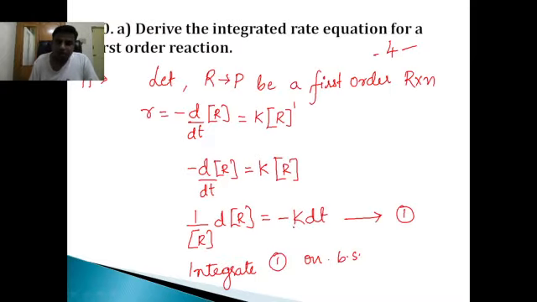Integration of 1 by R into dr is equal to, see students, here minus K is a constant, we can't integrate it, so we can only integrate dt. So I will take minus K outside and we will integrate only dt. We know the formula of integration: integration of 1 by x into dx is ln x, isn't it? And integration of dt